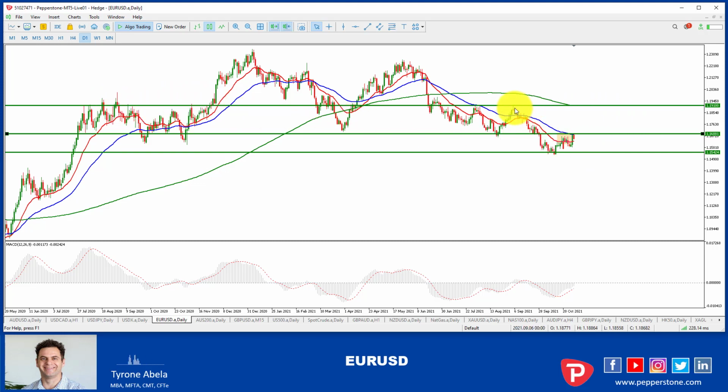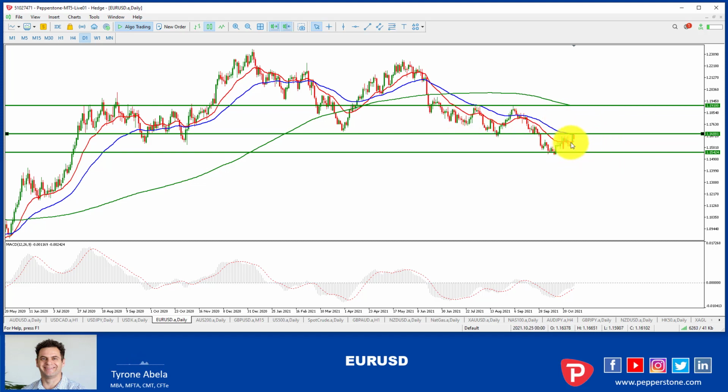The 119 was the last real level of resistance that we're going to find, and I think if it closes above these moving averages, it can certainly have a real crack at those. So we'll definitely keep an eye on this one. It's a little bit of a wait and see, but if we do get that close above it, I think we've got some very clear targets and there is a little bit